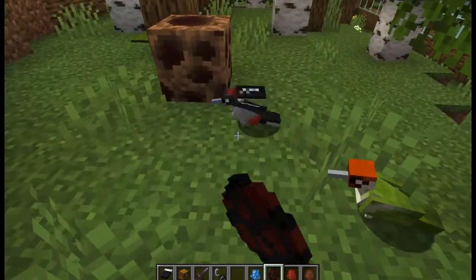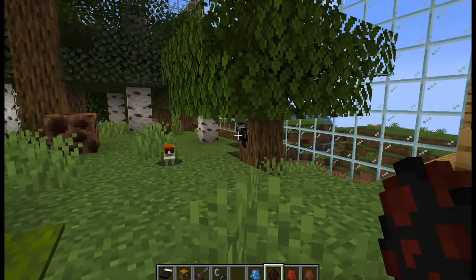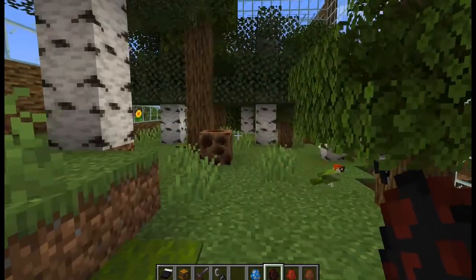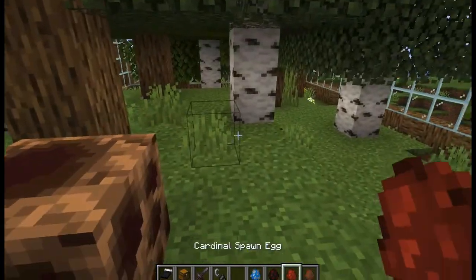Let's see if we can get a black and white one. Yeah, that's the kind I'm familiar with. But as you can see, they latch on the side there. I just think it'd be cool. And then you'd hear the woodpecking sound. I don't know if they do that in this game, but we also have the...